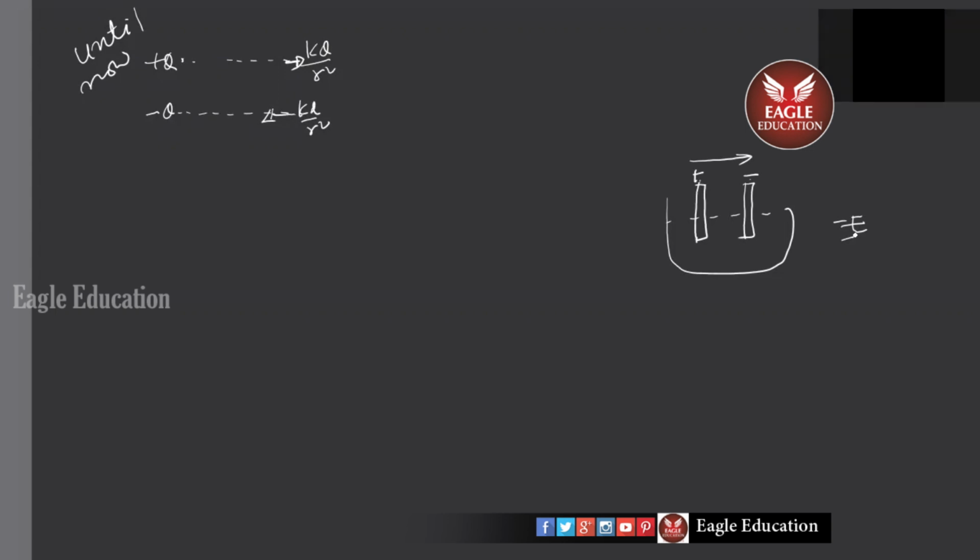Okay, understood, sir. Tell me, what was your question basically, Rishita? My question was, how does it exist in test charges? What do you mean by test charge? Like here, plus Q and minus Q, we have taken two charges, and we say that a dipole can exist. This is an idealization. In a practical sense, if you want to get a dipole in a physics lab, you can try like this.